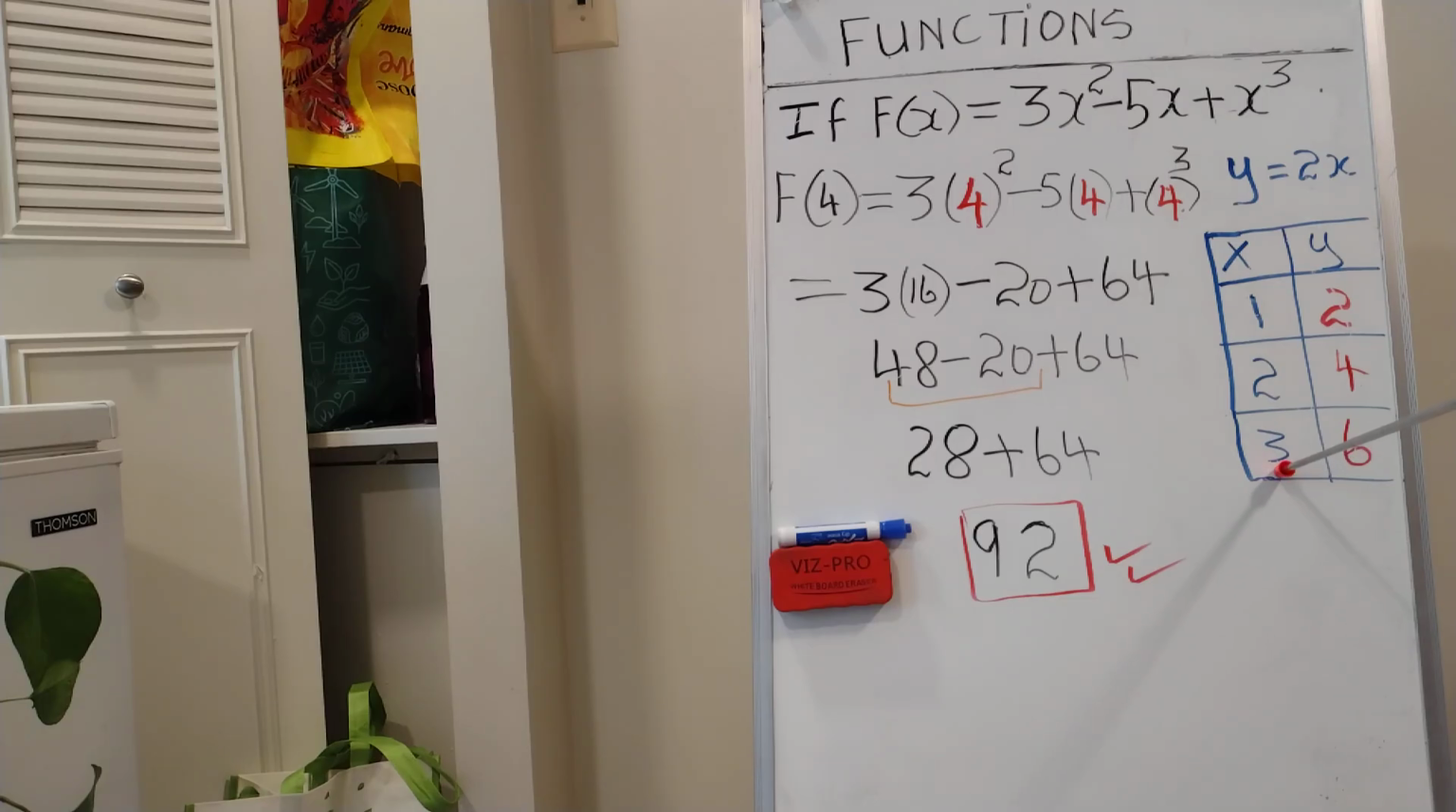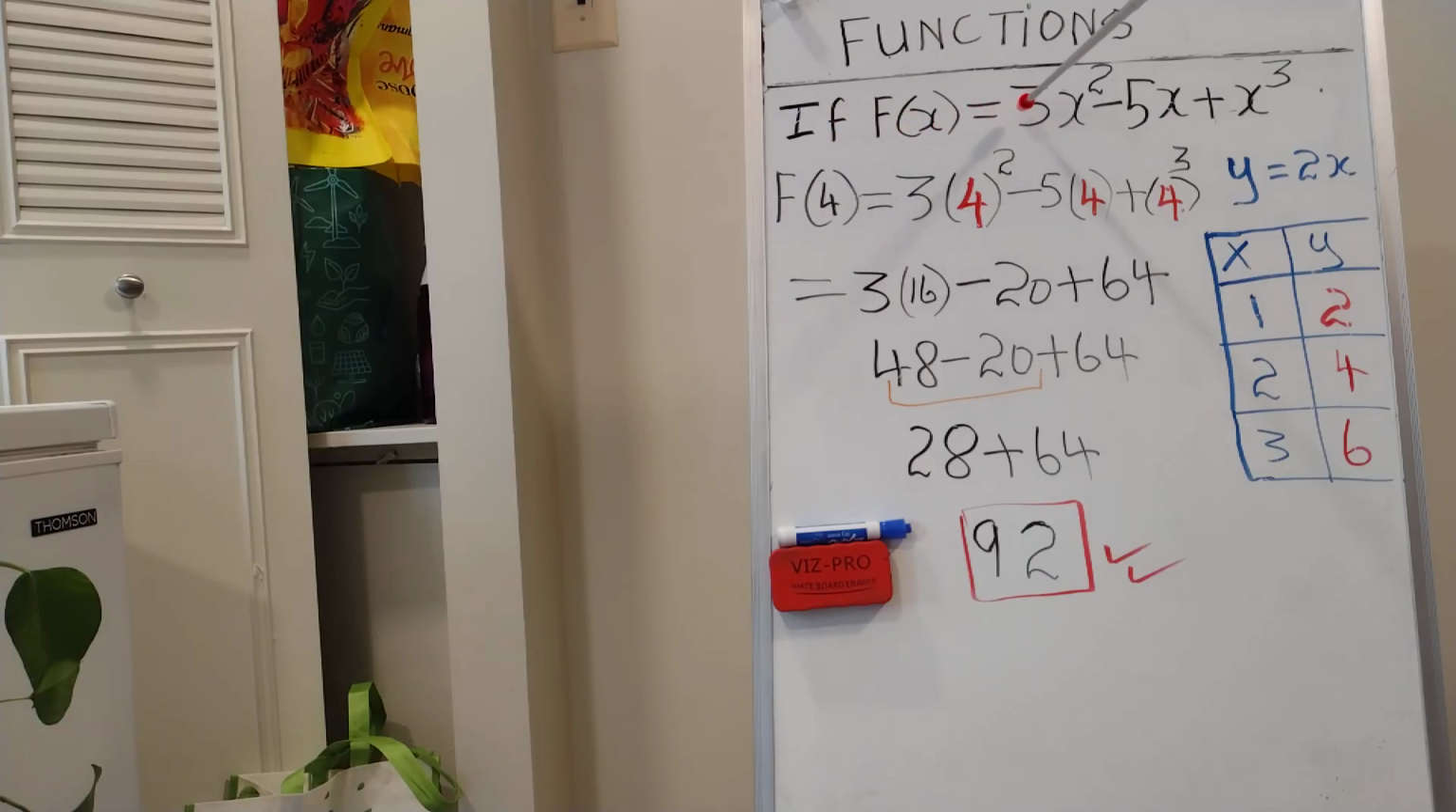Again, the same thing here. When you substitute 3 for x, it will be 2 times 3, and the output will be 6. Now, in this case, the problem that we are given here is that we have f of x,